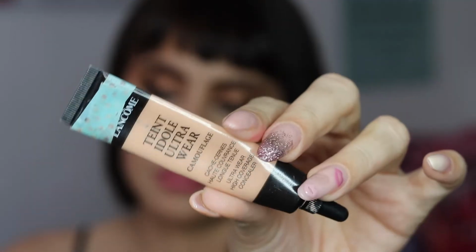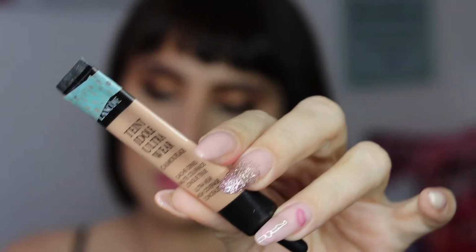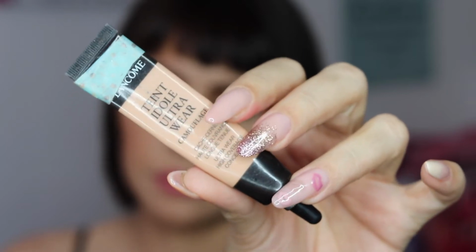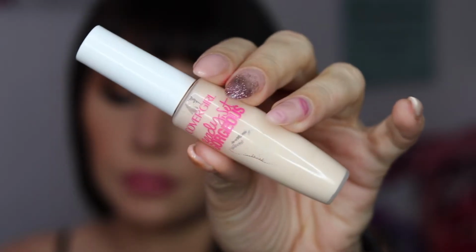Okay, so that's my personal collection of foundation, but now I'm going to show you the concealers, and then I'm going to show you the foundations that are on my makeup artistry kit. This Lancome Tinted Ultra Camouflage is the only corrector that I have, and when I finish it, I will go into my face-based palette and use them as correctors because I truly don't need to buy another corrector, but this